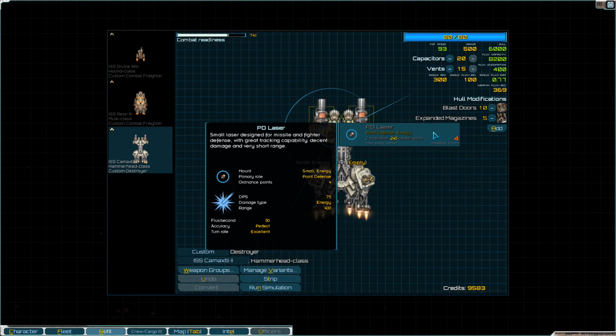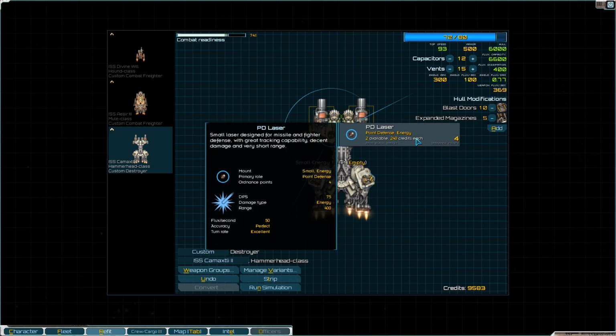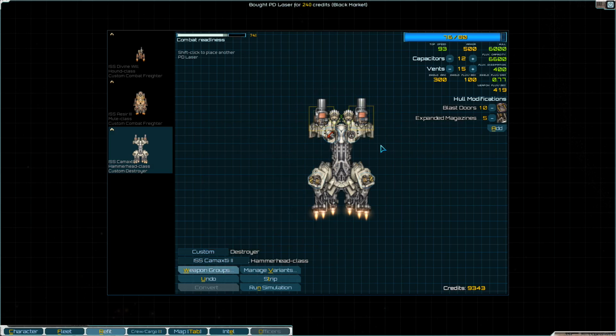Yeah. Now, it's going to cost me 8 ordnance points, so we're going to have to get rid of something that we put on last time. Probably I'm tempted to get rid of some of the capacitors here. So, 240 credits each. They're not very expensive at all. We've still got almost 10,000 credits on us. Okay. So, that would...